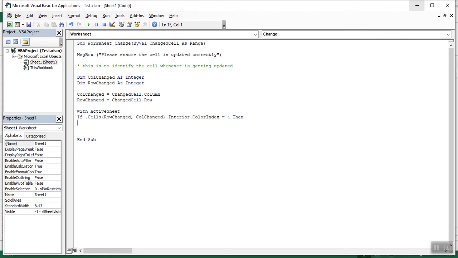Then we need to see cells from this row and changed, or colon, dot interior again.